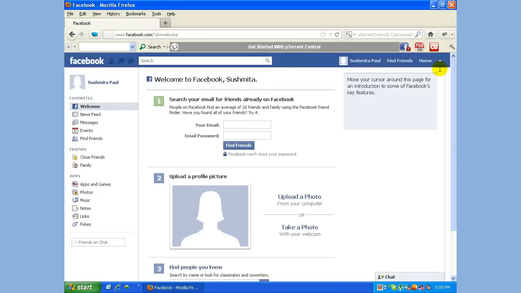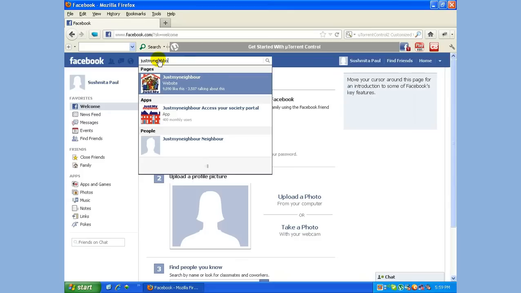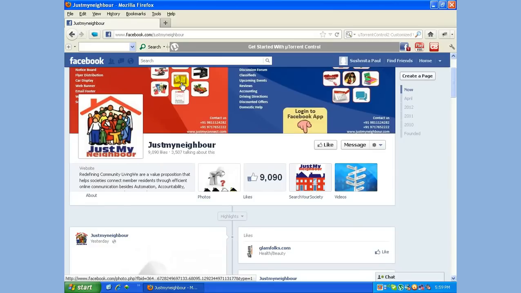Once you land on the home page, you search for Just My Neighbor in the search bar. So you type Just My Neighbor, and right there you'll see Just My Neighbor Facebook page. So you click on it, and there you see, as the cover photo indicates, the Just My Neighbor application icon. So you click on the application